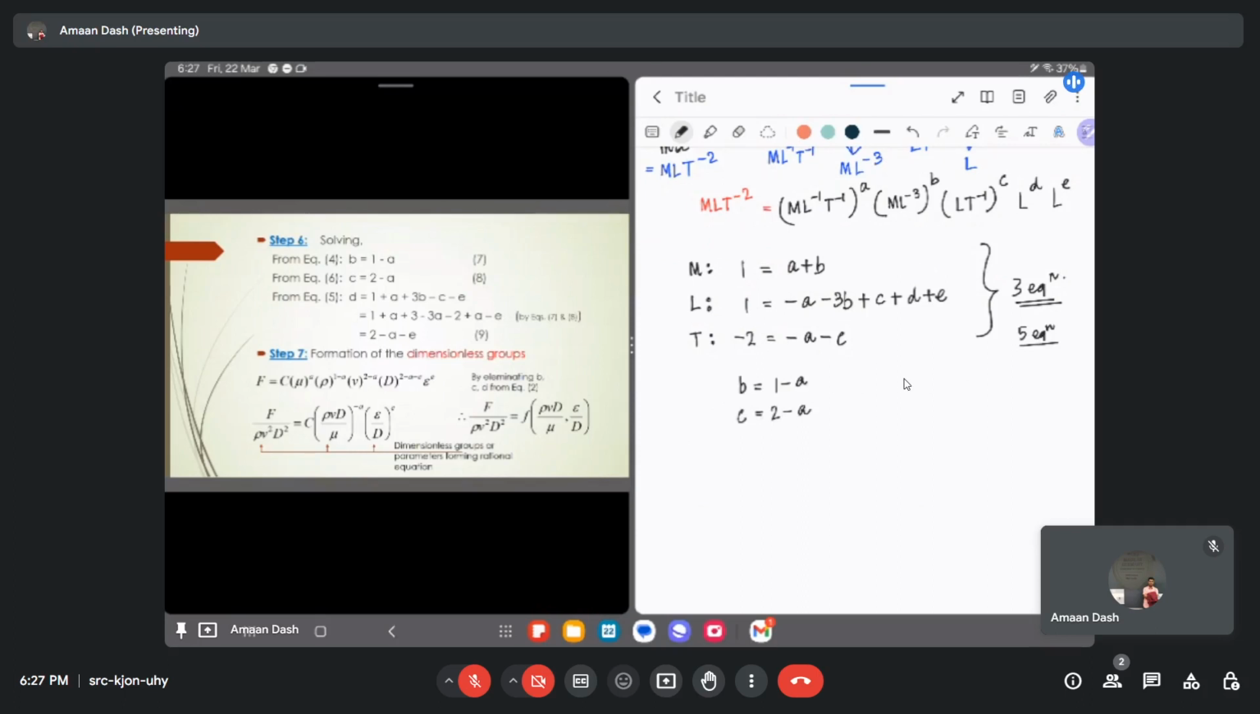Similarly, from the third we have two things, right? We have D and E. So let us write D for now, because here also they have taken D. E also we can write, but let us try to do it with D. So D is nothing but 1 plus A plus 3B minus C minus E. So 1 plus A plus 3 times B. What is B? 1 minus A. Minus C. What is C? Minus 2 plus A, minus E. So if we simplify this, this is 1 plus A plus 3 minus 3A minus 2 plus A minus E,